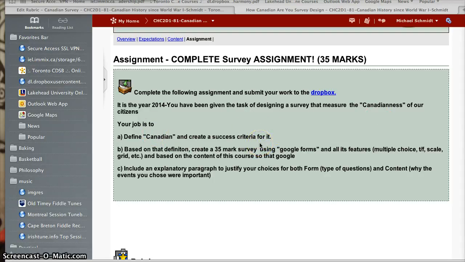What does that mean? Does that mean you have to create a rubric? No, it doesn't really mean you have to create a rubric. I associate success criteria and rubrics because I'm marking your stuff, so I often talk about success criteria in reference to rubrics. But a success criteria can just be a checklist of ideas that fit the mold. So if you are a true Canadian, what makes you a true Canadian? What kind of knowledge makes you a true Canadian? What do you need to identify with?